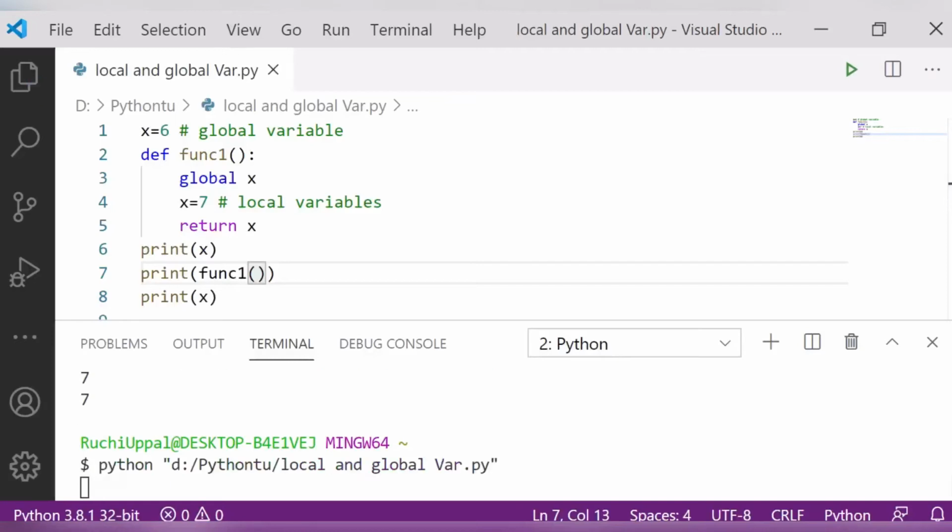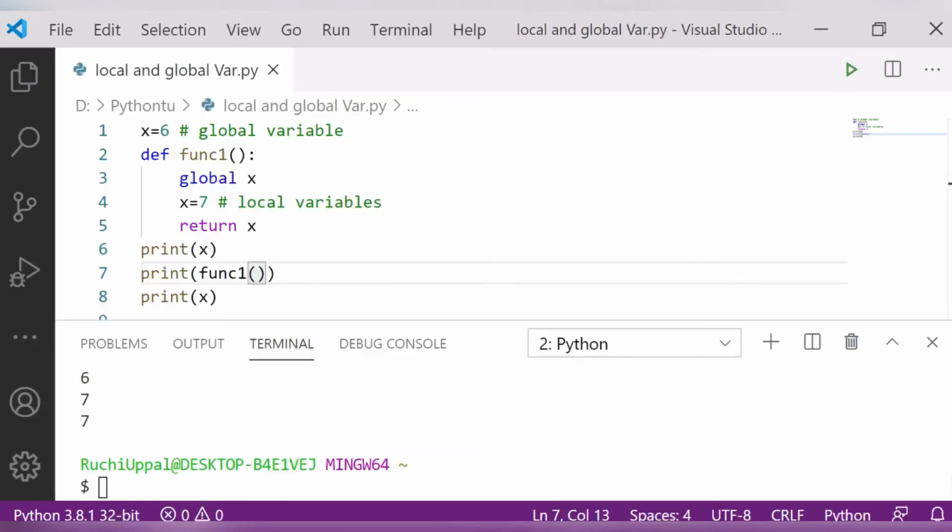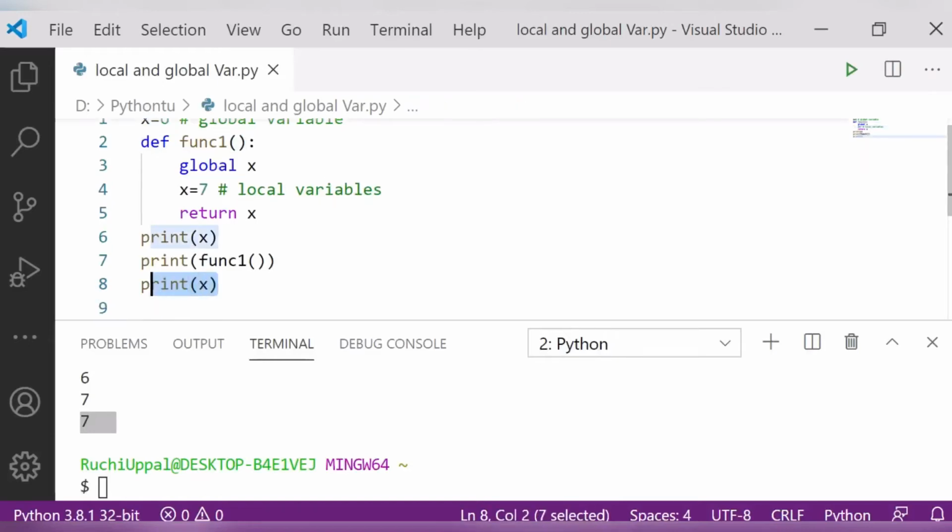Let's see. Now you see 6, 7, 7, because first I called the global value 6, then I called the function, and after that I am again calling the global value. So its value is changing in the program. Whatever it returns will come here.